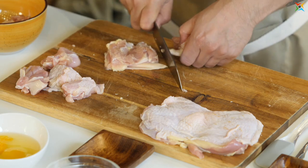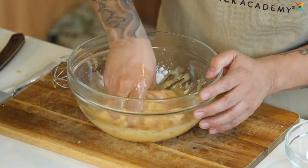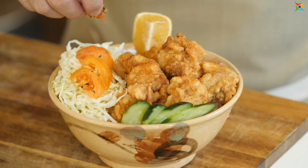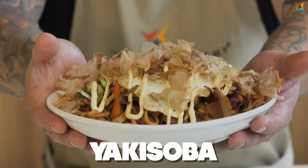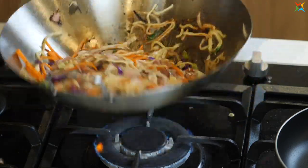The process involves lightly coating small bite-sized pieces of the chicken. Fried in light oil, the chicken is marinated well prior to coating to make it super tasty. The karaage is often served alone or with rice and shredded cabbage and mayo as your dip with a dash of togarashi. Yakisoba. Yakisoba is this fried noodle dish with meat, veggies like cabbage and carrots tossed in a thick